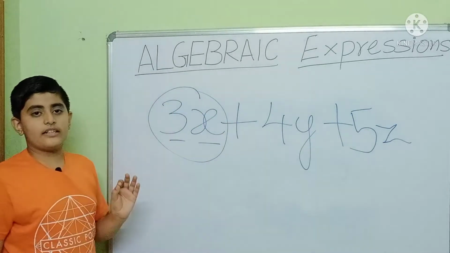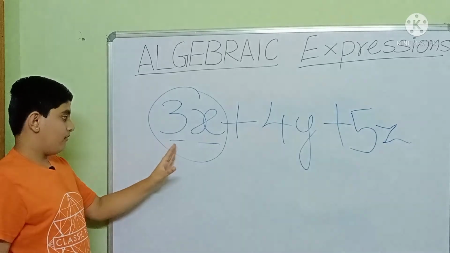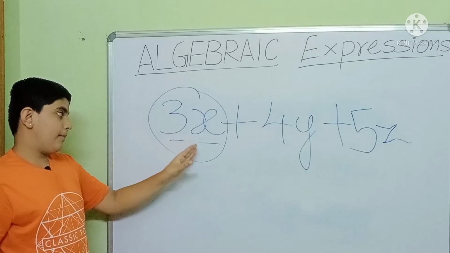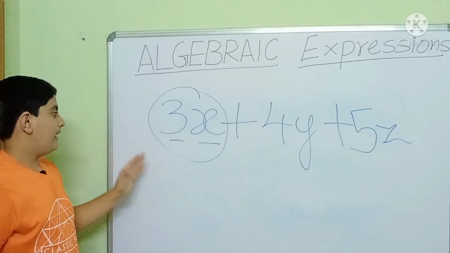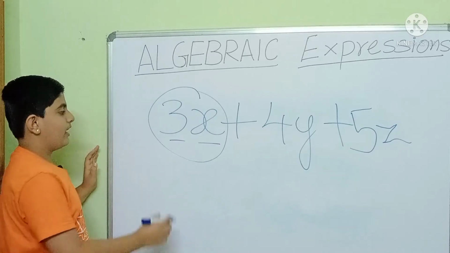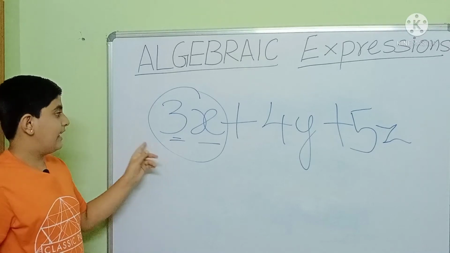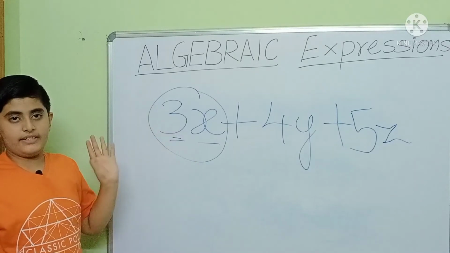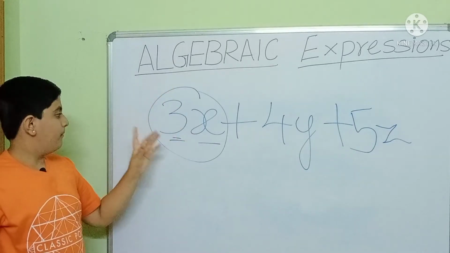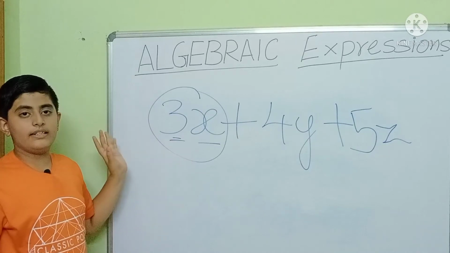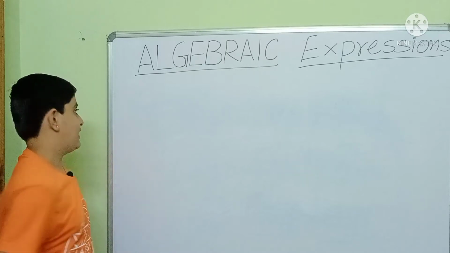And let's come to coefficient. Coefficient means the constant part multiplied with a variable part of a term, then it is called a coefficient. So here the constant part is 3. So 3 is called a coefficient. 3 is multiplied by a variable called x, as part of this whole term. So 3 is called a coefficient. Let us go to classification of algebraic expression.